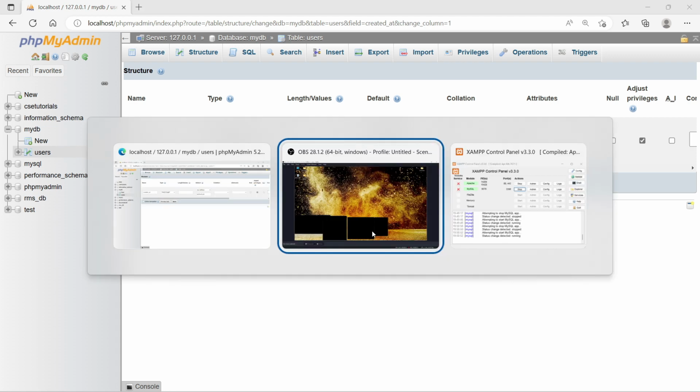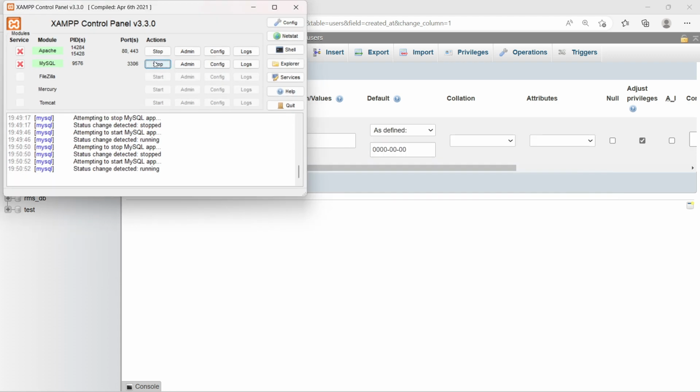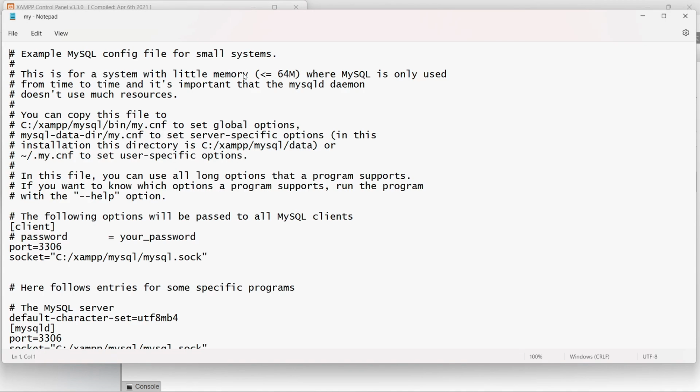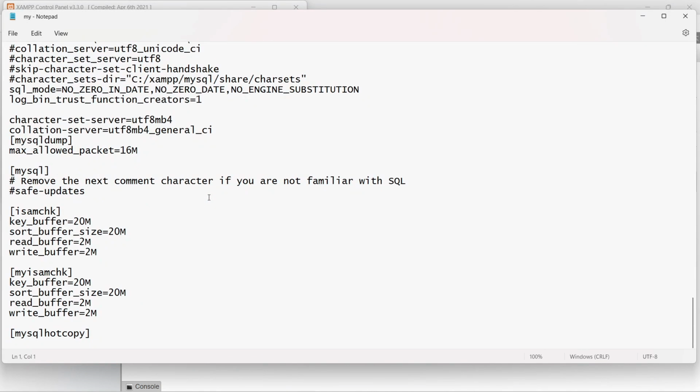To show you, I will go to the MySQL services, go to config and open the my.ini file, and if I scroll down here, you can see sql-mode.